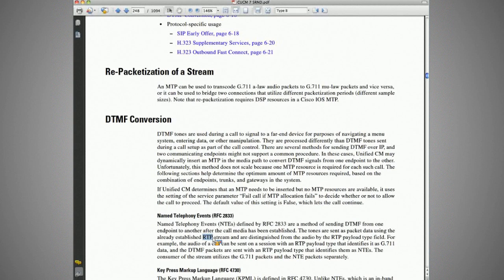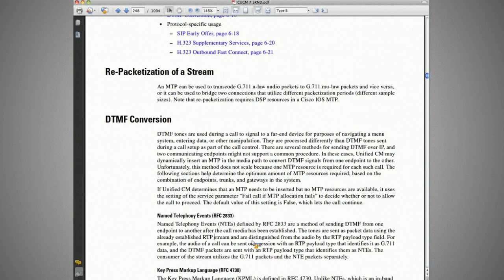Okay, so this is not the same thing as in-band Cisco proprietary RTP or Cisco RTP for DTMF relay. This is not in-band. This is true out of band, but it's in the RTP stream. Because of that, we actually have to terminate the RTP in order to get the information out. Okay, so it's sent in the data payload, sent as out of band,